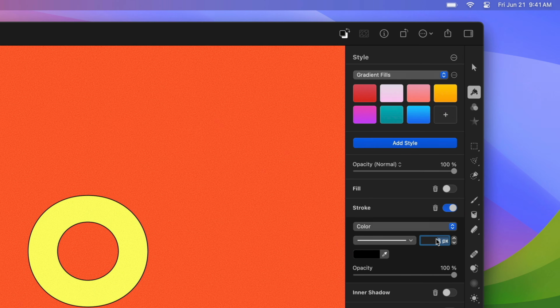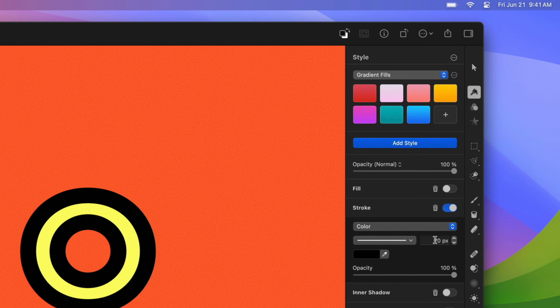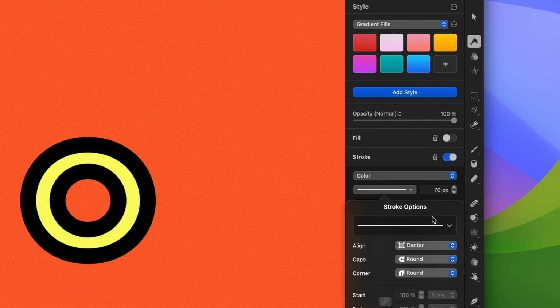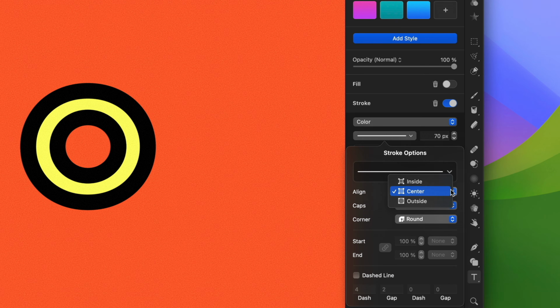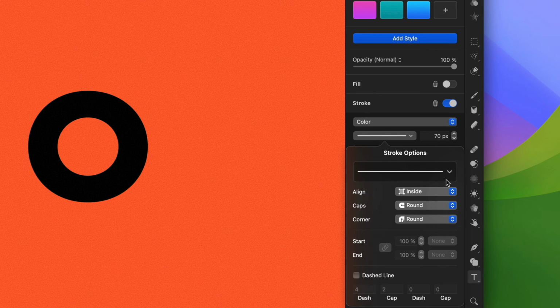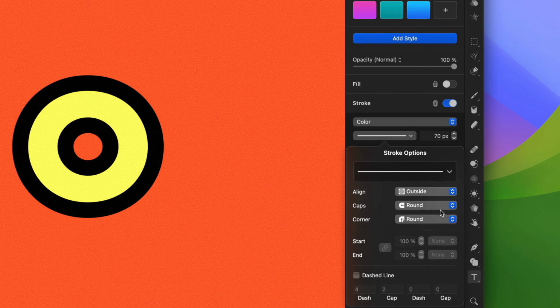First, make it a little thicker by increasing its width. Then, open the Stroke Options menu and make sure the stroke alignment is set to center. This determines where the stroke is positioned on a layer. Inside alignment keeps the stroke within the outline of the layer, while outside wraps it around the layer. For this design, the stroke needs to sit right on the edge of the stroke outline, so we'll leave it